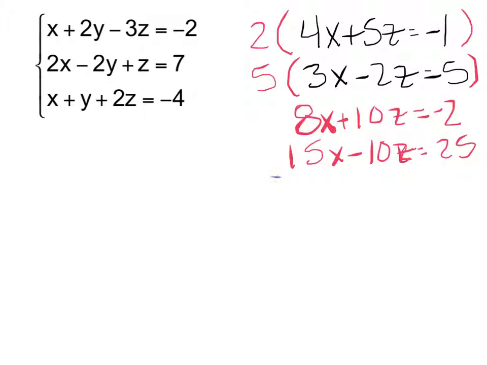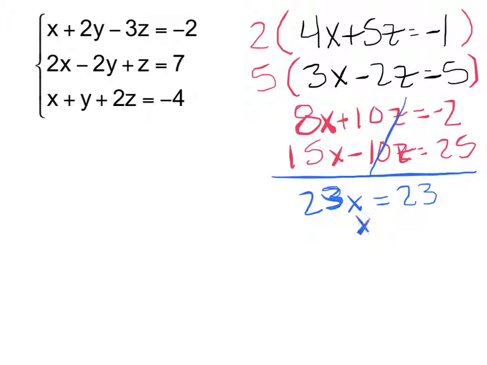Alright, when we combine these two equations, we're going to get 23x. Can't write today, I'm sorry. Z's cancel, equal 23. Divide both sides and you get x equals 1. So we can go ahead and write that in our ordered triplet where x goes. I'm going to write the whole thing so we see that, oops, we still need y and